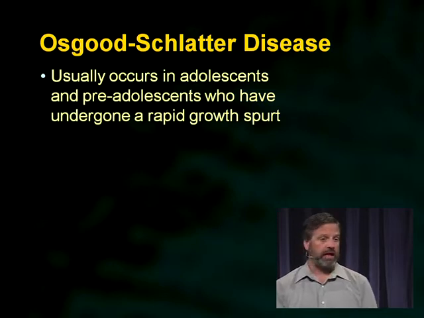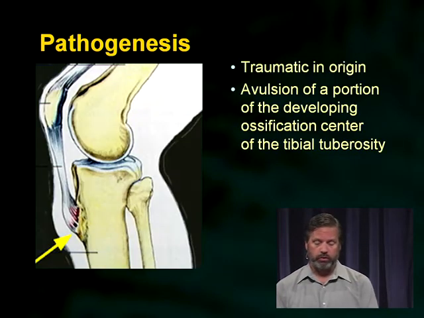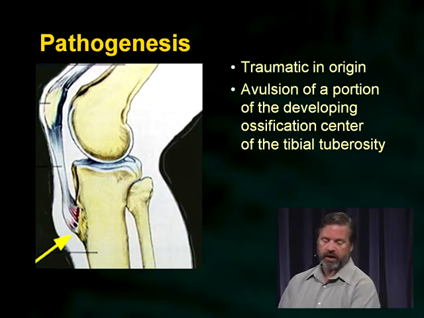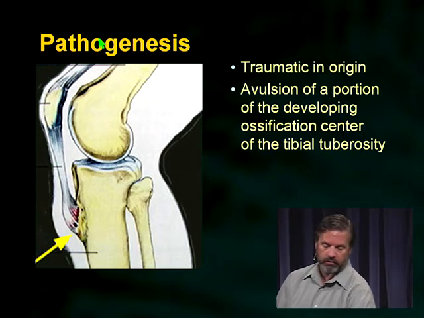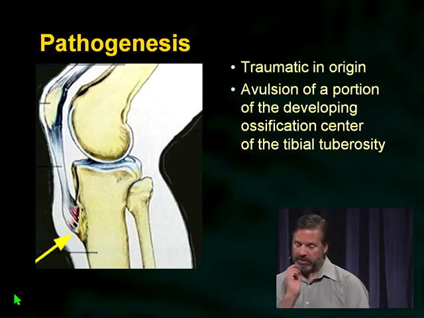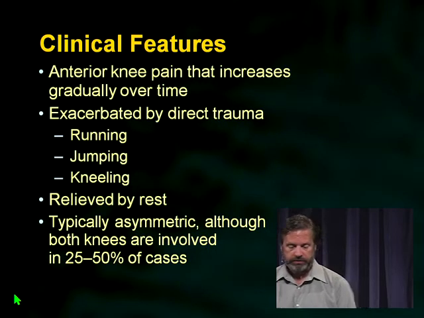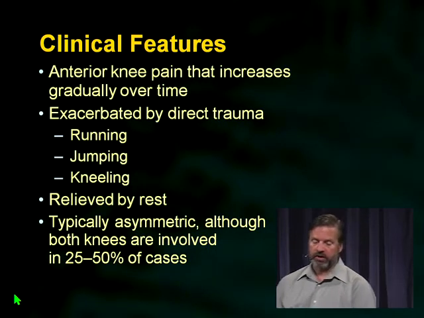So again, notice a lot of these problems that we're going over right now are typical of adolescents who are going through their growth spurts. But this is a nice representation of where the issue is. You can see with that constant contraction of the quads up here that you're putting stress down at this point, which is the attachment at the tibial tuberosity. So you often will see some swelling, some inflammation, and it can cause some avulsion of the ossification center at that point. Patients complain that they have anterior knee pain.